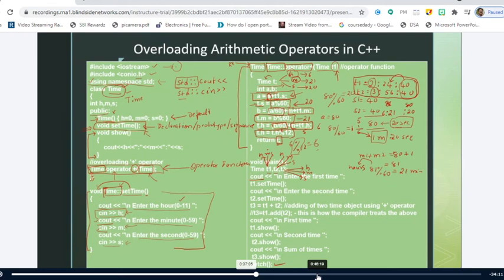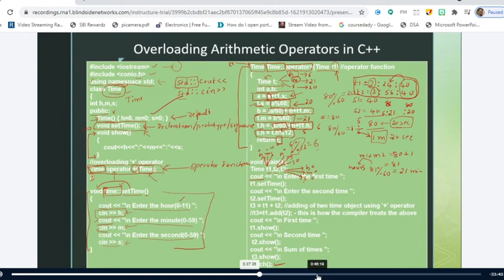So what are the initial values of this h, m and s? 0, sir. Super. Why has it become 0? Because of the default constructor, sir. So when we create an object, the default constructor is invoked. In this constructor, I have initialized the values of h, m and s to 0. So all these values will be initialized to 0.